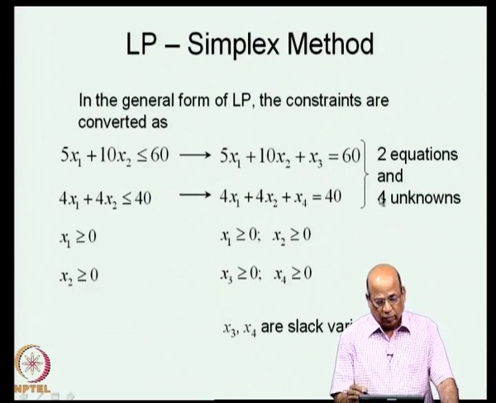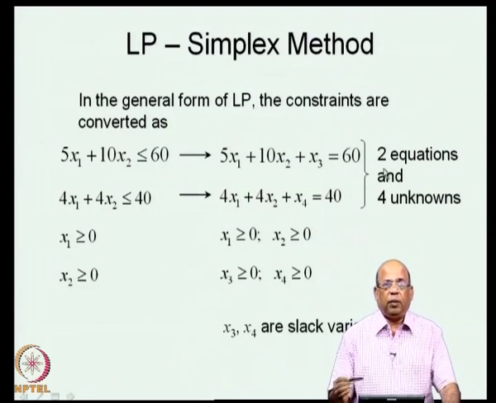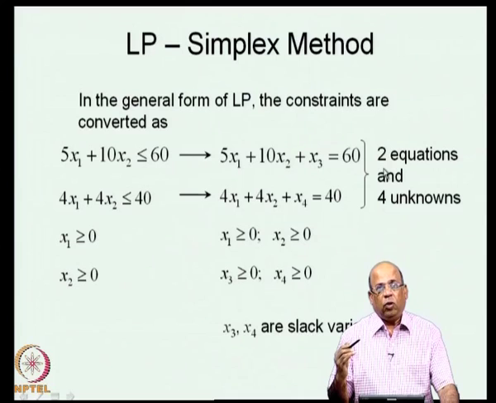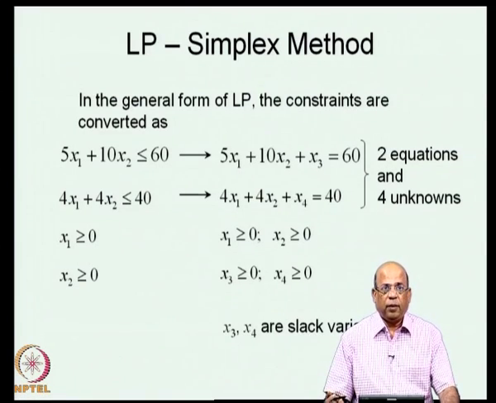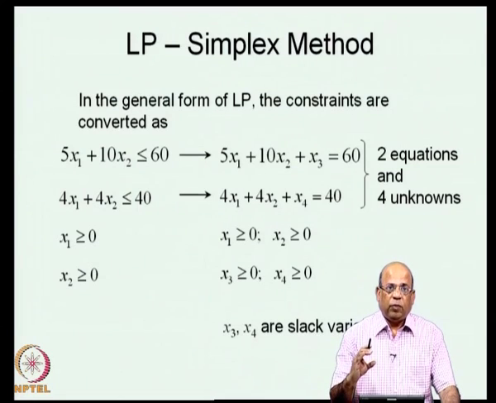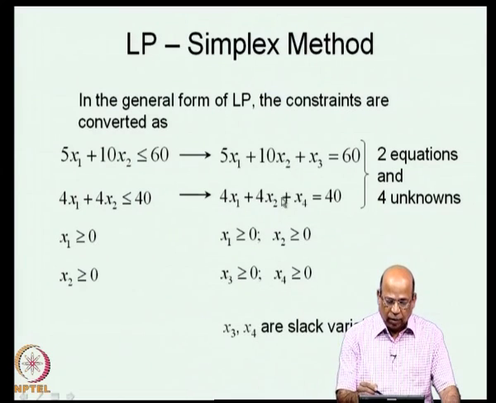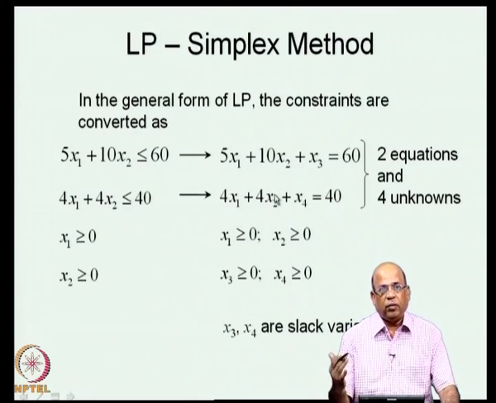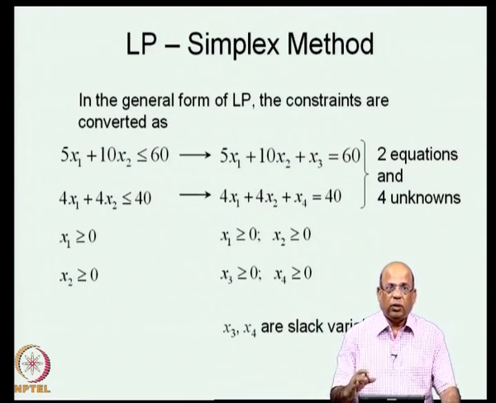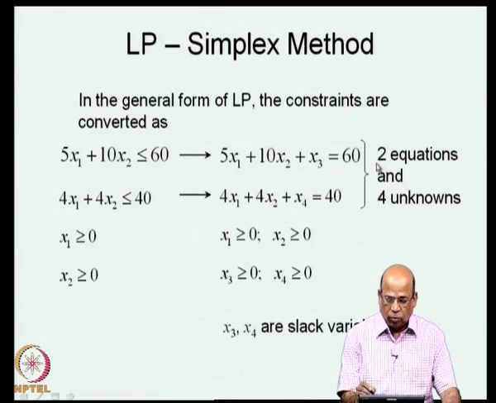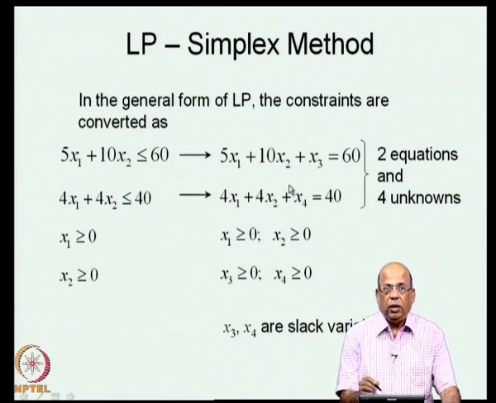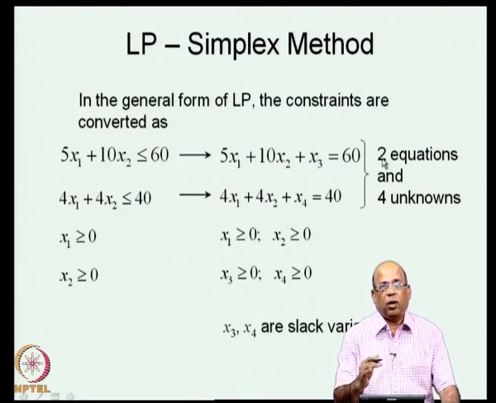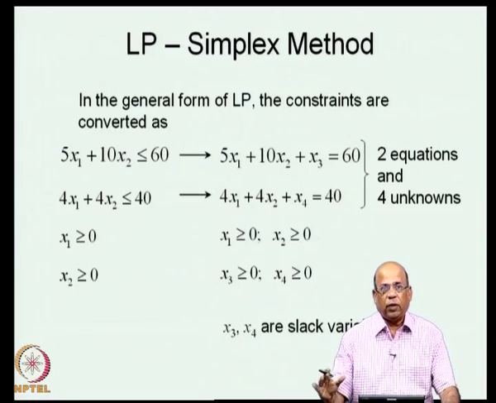Because we have more unknowns than the number of equations, that is, you have n number of variables and m number of equations, what we can do is, we can obtain solution for m number of variables, that is 2 variables, in terms of the remaining n minus m number of variables. So, in this case, we can obtain solution for 2 variables in terms of the other 4 minus 2, which is equal to 2 variables. Let us say you can obtain x 1 and x 2 in terms of x 3 and x 4.